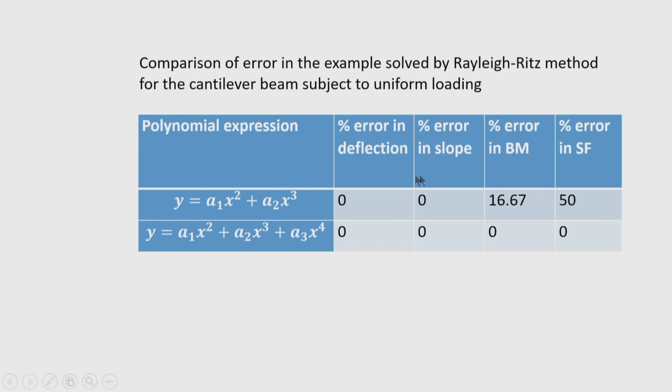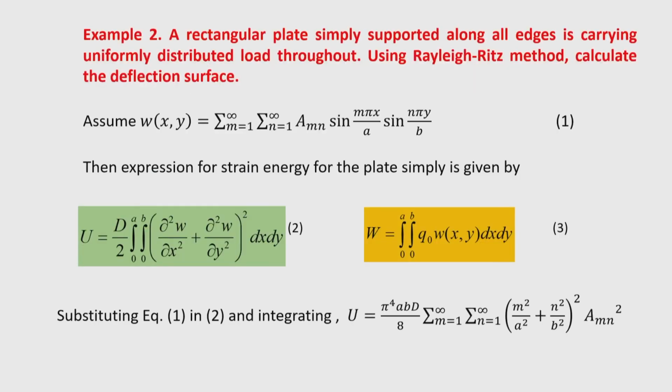So, comparing this result from the Rayleigh's method with the standard value, we can now compare the errors. You can see that if the deflection function is properly chosen to satisfy the boundary conditions and containing a sufficient number of terms, we can obtain an acceptable result. Now, we give a plate problem example.